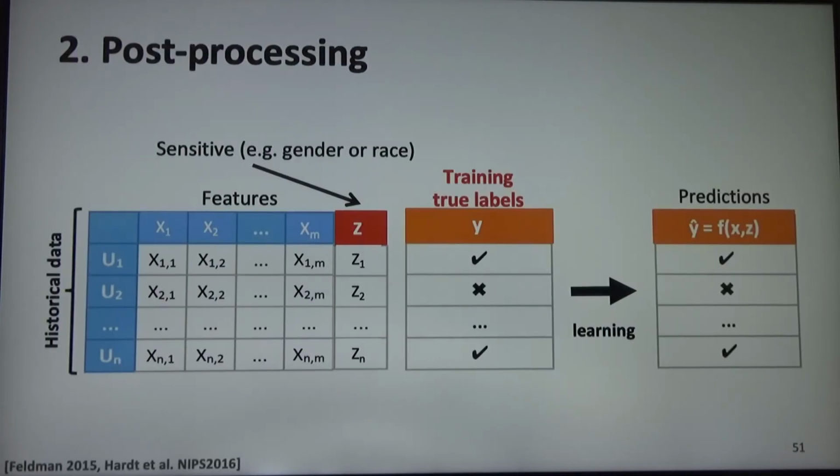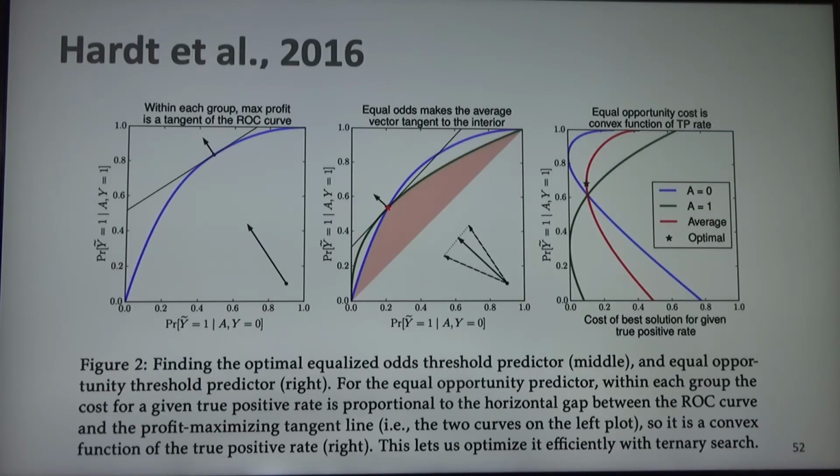As a second solution, which was mostly proposed for equalized odds or equal opportunity, what you can do is that I don't touch the data. My data are the only ground truth that I have. I instead train a model and I correct the predictions of this model so that I balance whatever quantity I have to balance, for example, the error rates. So, in order to do that, if you want to achieve equalized odds or equal opportunity,